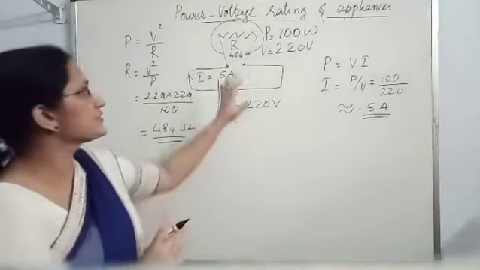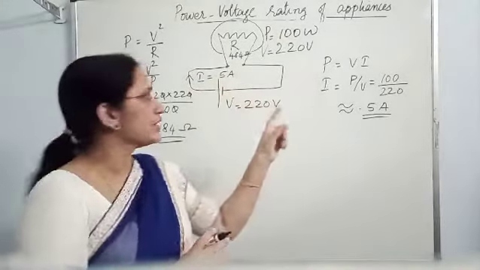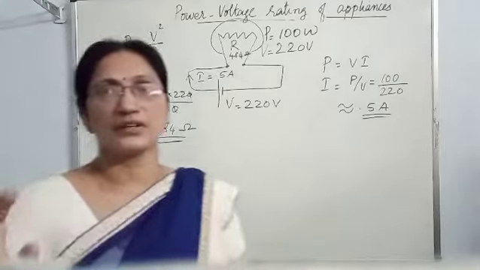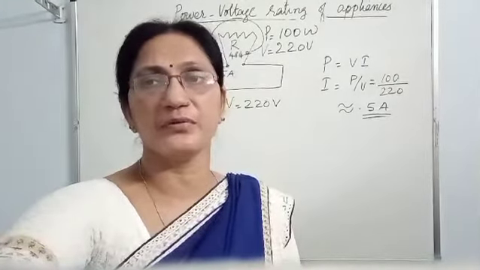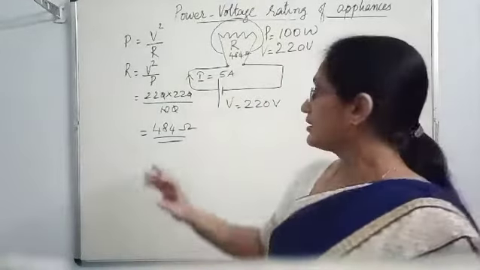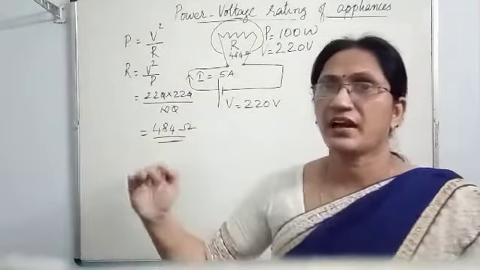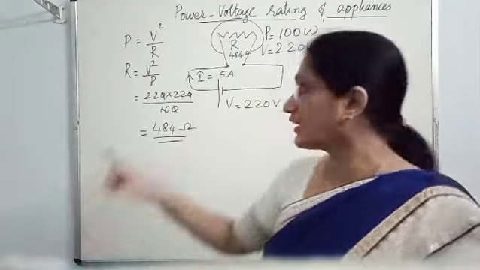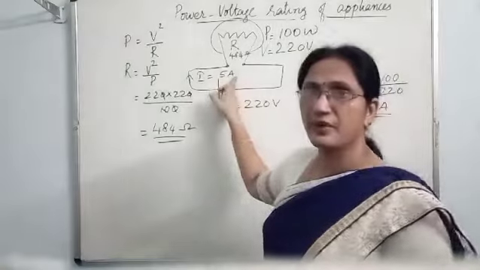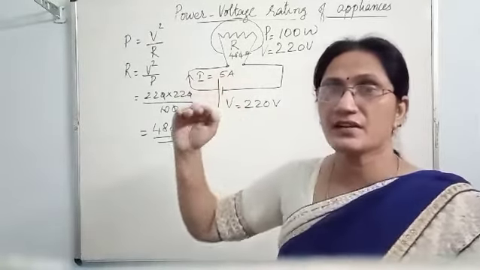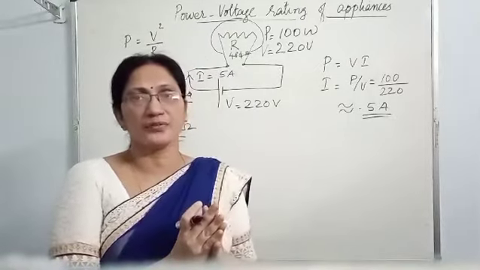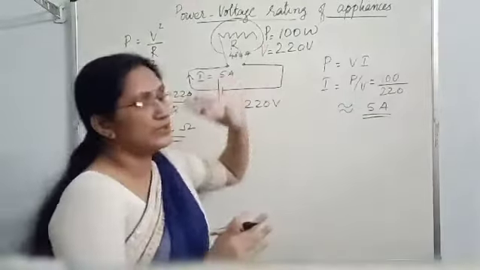That means this device will run safely up to a current limit of 0.5 ampere. That is known as the safe current of a device. So the meaning of safe current is up to which current that device will be safe. For example, here the safe current of the filament of the bulb is 0.5 ampere, which means if the current is up to 0.5 ampere, or within the limit of 0.5 ampere, the bulb will function.